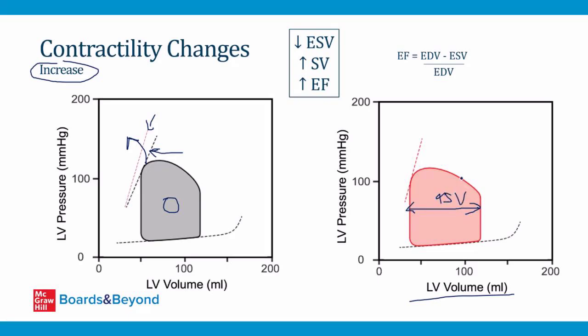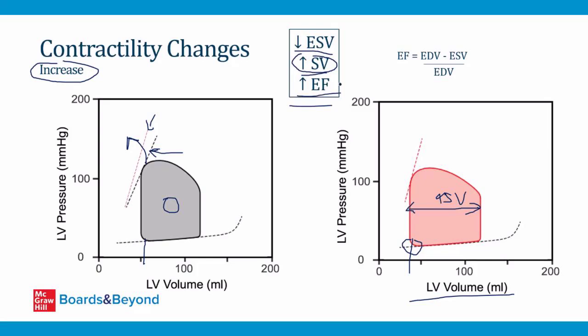If contractility goes up, you would expect stroke volume to increase. And because stroke volume has gone up, more blood is pushed out of the left ventricle, so the volume at the end of systole here is going to be lower compared to what it is before. So here's the baseline, and now after contractility goes up, the end systolic volume has fallen. So I've summarized these changes at the top of the screen here. The end systolic volume goes down, the stroke volume goes up. And remember what I said, as stroke volume goes, so does ejection fraction, and so the ejection fraction goes up